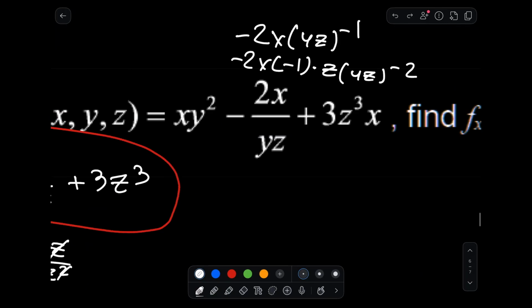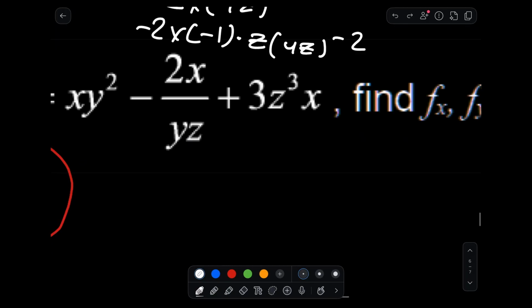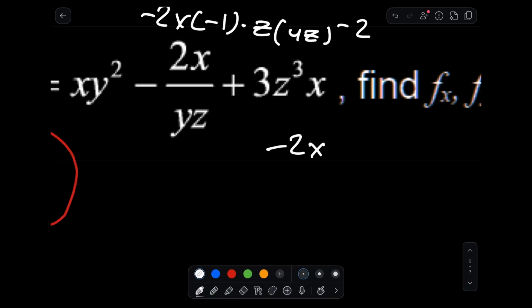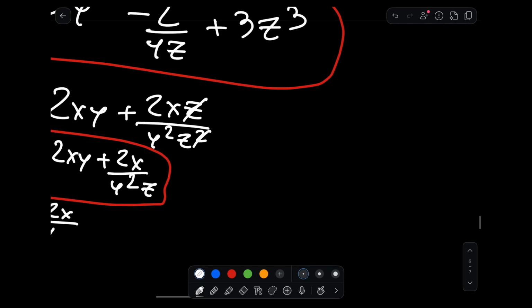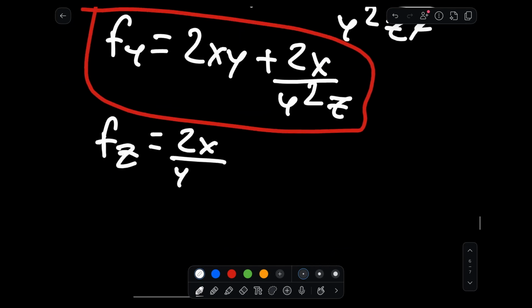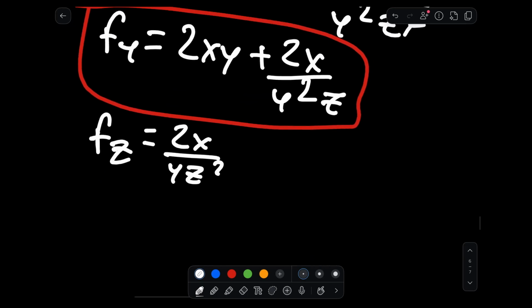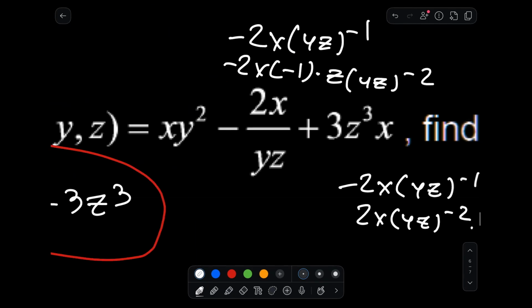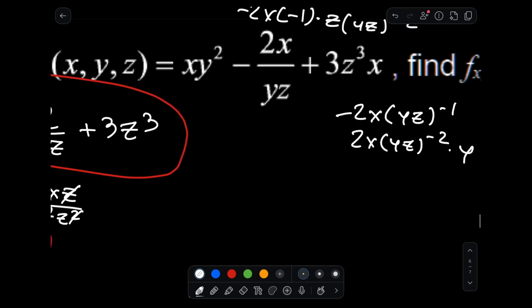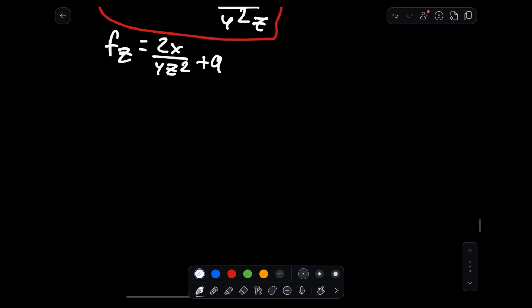Let me just make sure, 2x. Oh, we'll actually double check just to be sure. Negative 2x yz to the negative 1. 2x times yz to the negative 2 times y. Yeah. Plus 9z squared x,